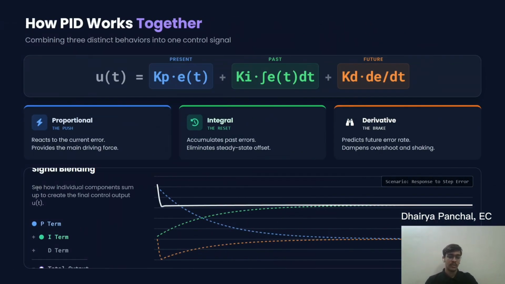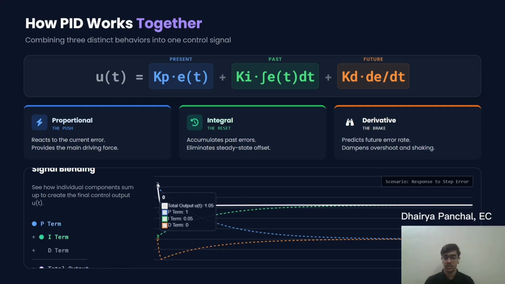Right. See how when you have the output which is subjected here to the system, at this point you can see your proportional, integral and derivative term together. So the white line is the summation of all of these. The white line is the summation of proportional, integral and derivative. Here you can see that the u of t, that is your white line, is being controlled by the summation of proportional term, integral term and the derivative term. So your output at